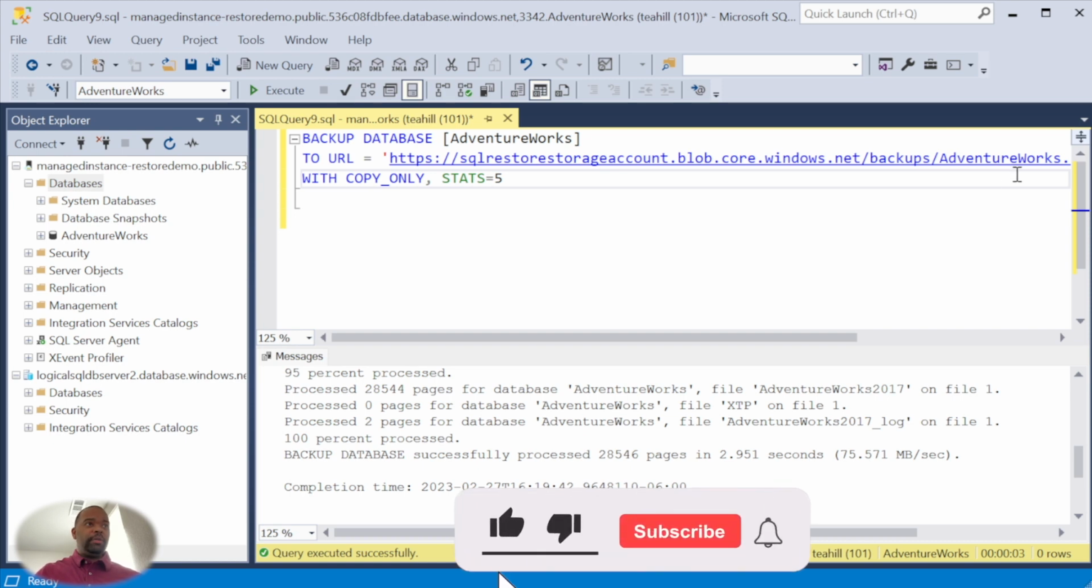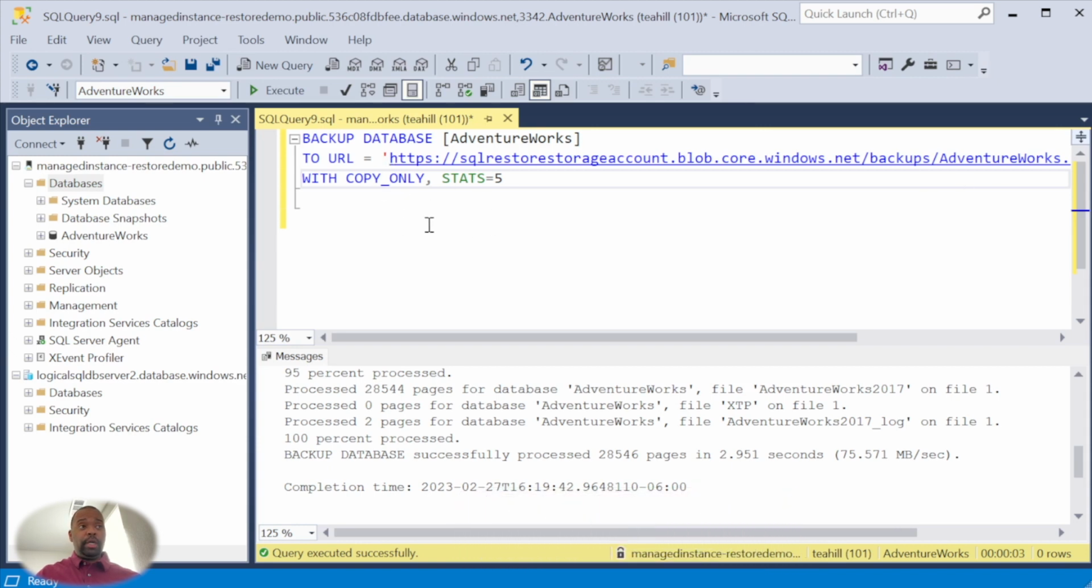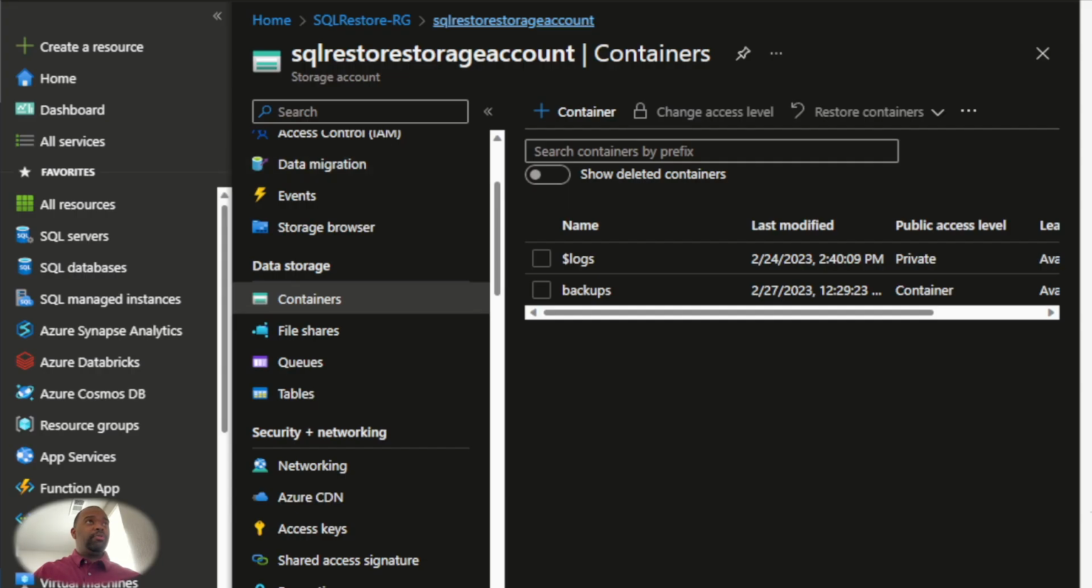The next thing I want to do is log into my SQL Server 2022 instance and try to restore this backup that we just took, and we'll see what happens there. So let me jump back over to the Azure portal really quick. All right, back inside of the Azure portal, I'm going to come back to my